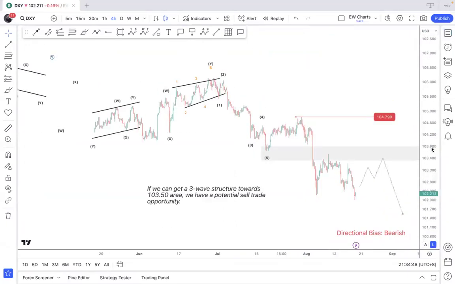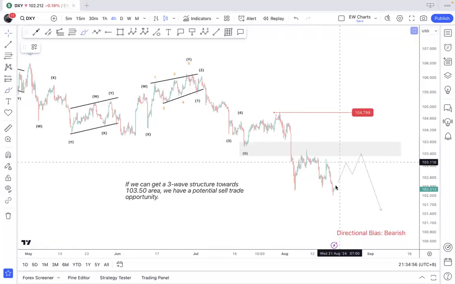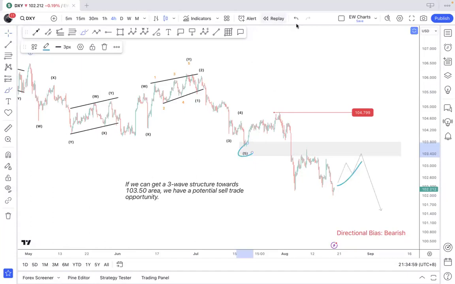Since that's loading, I think I'll just jump straight to the chart to walk through the opportunities and the outlook. Dollar index over here, I'm overall bearish. Here we may get some sort of a decent bounce back towards this area here.